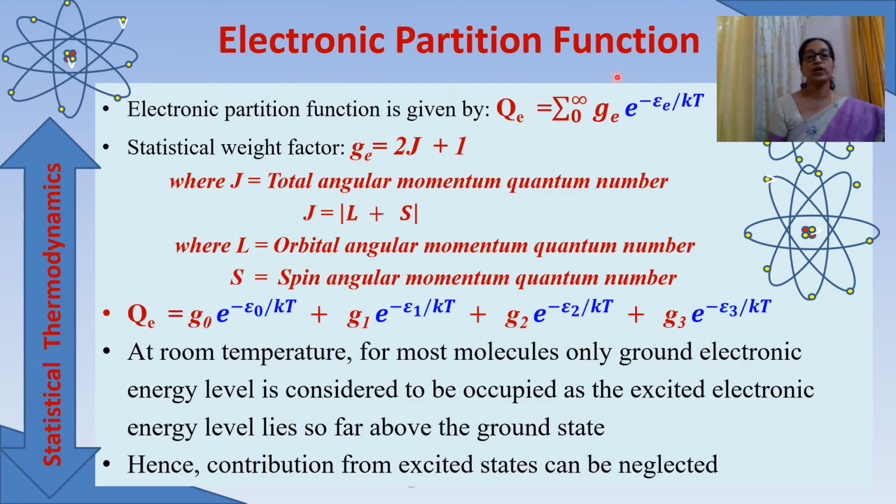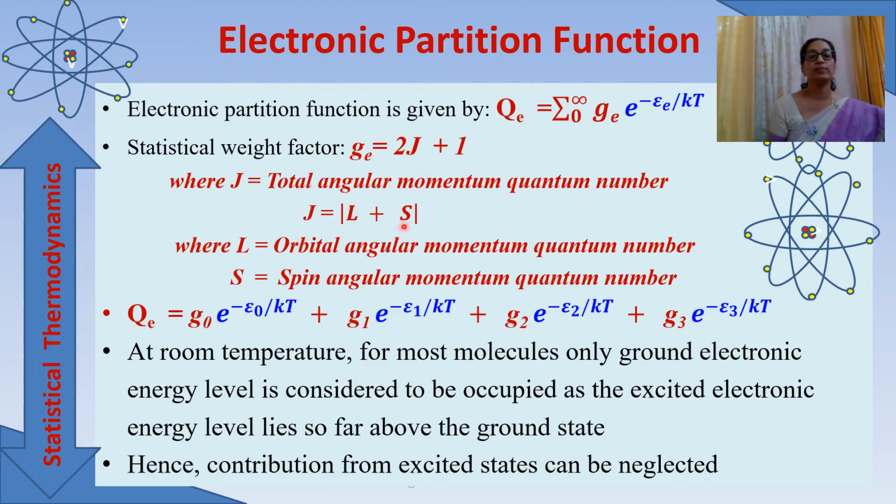Now electronic partition function. Electronic partition function is given by Q is equal to summation 0 to infinity g_e e to the power minus E_e upon kT. And the statistical weight factor is given by g_e is equal to 2J plus 1. Here J is not the rotational quantum number, it is the total angular momentum quantum number, which is given by